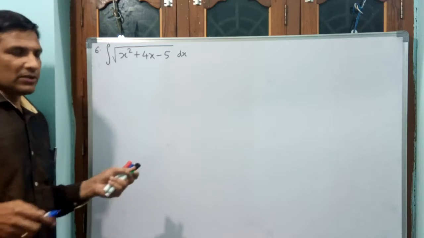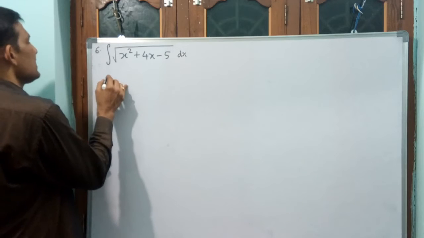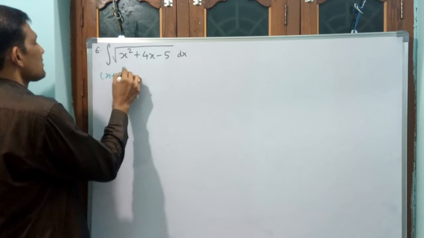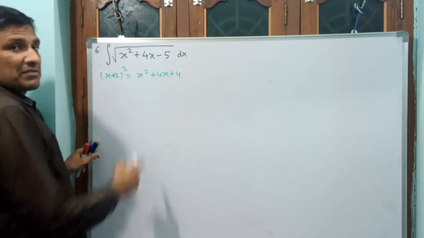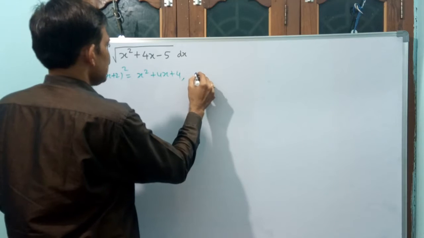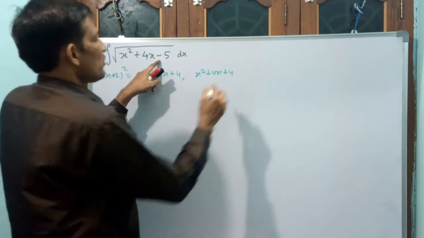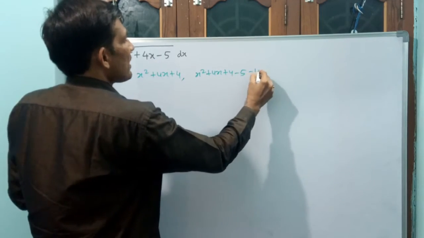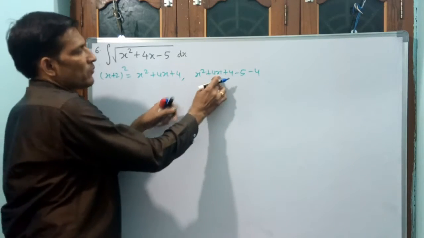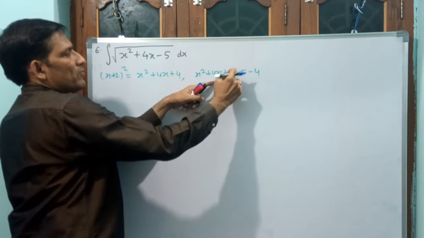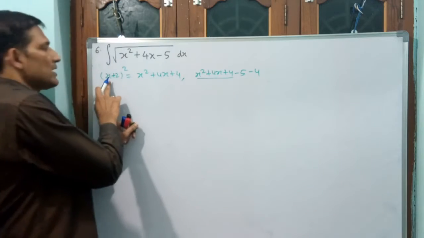Okay. See what I am doing now. If it is looking like x plus 2 whole square, nearest, x plus 2 whole square. See, let me write x plus 2 whole square. X plus 2 whole square is equal to x square plus 4x plus 4. But here minus 5 is there. Then what we have to do? We have to do like this. You see, x square plus 4x plus 4 is this one. But you require minus 5. Then you remove this 4, minus 4. Understand now? Now is it okay? Why? Because x square plus 4x plus 4 minus 4, the 4s are going to get cancelled, minus 5 only is going to become. You see, up to here you are having this formula x plus 2 whole square.